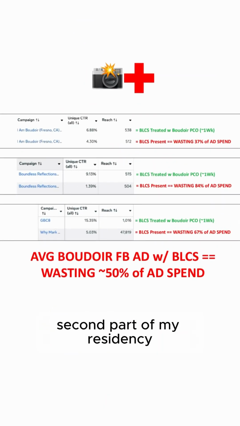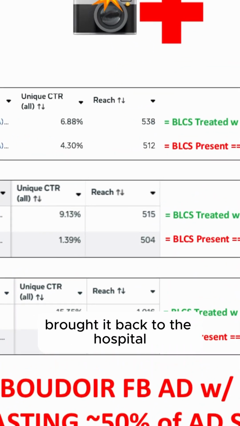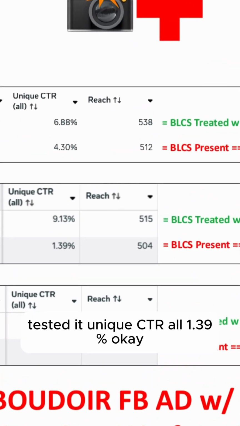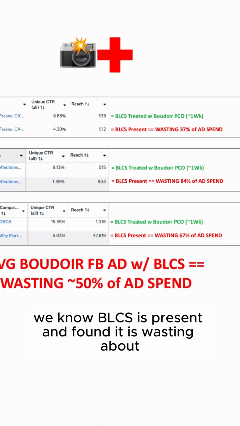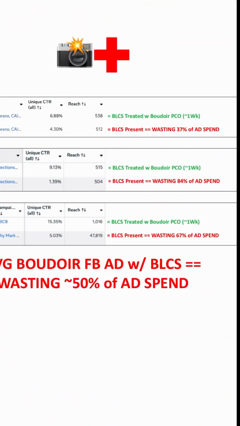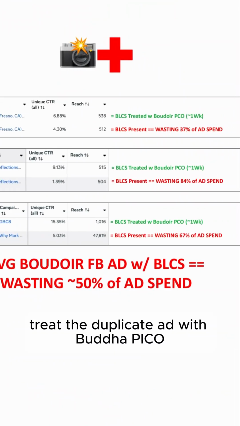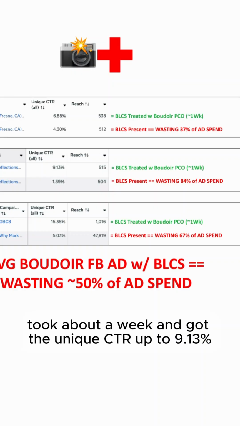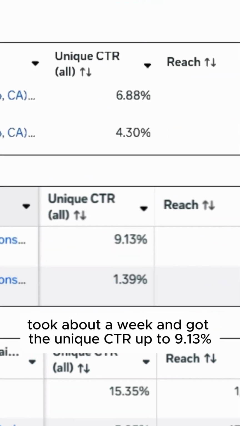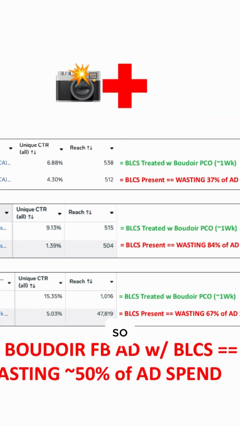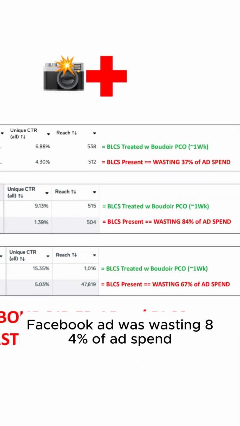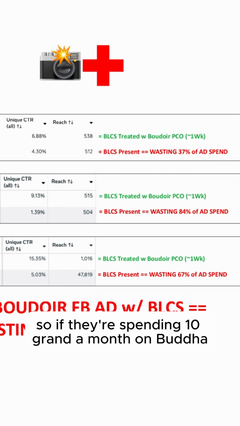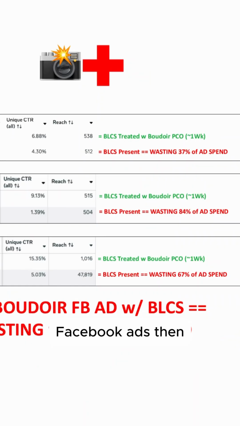Second part of my residency, I found another Boudoir Facebook ad out there, brought it back to the hospital, tested it, unique CTR all 1.39%. Okay, that's under 6%. We know BLCS is present. First of all, we duplicated it, treated the duplicated ad with Boudoir Pico, took about a week, and got the unique CTR all up to 9.13%. So we found out the original Boudoir Facebook ad was wasting 84% of ad spend. So if they're spending 10 grand a month on Boudoir Facebook ads, then